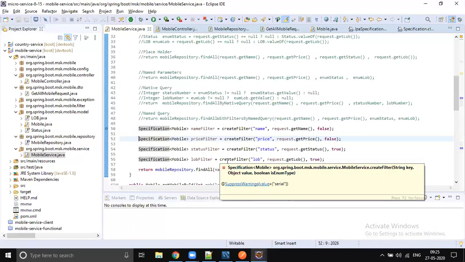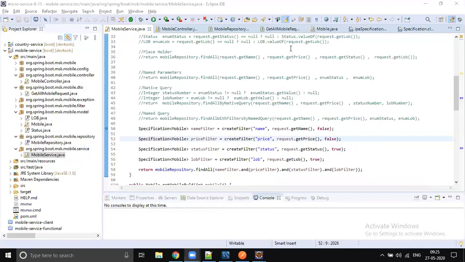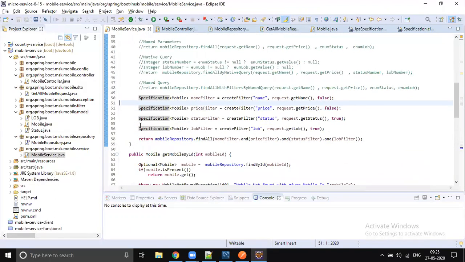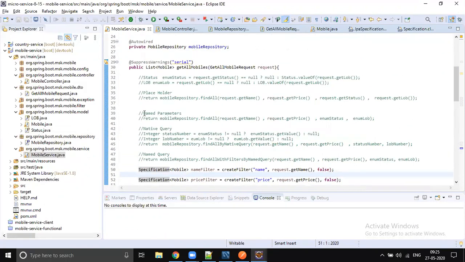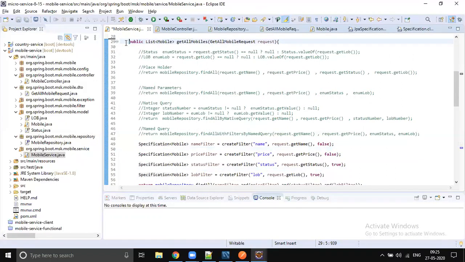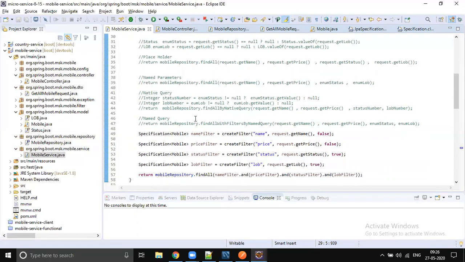Sunil, I think all these will be used in the microservices concept, because in our real-time applications I don't think we can use it. Wherever you need filters, for example an e-commerce site, for sure it will be useful. Maybe not everyone gets the chance to implement all these things, but if you want to be a master in Spring Boot, microservices, Data JPA, you must know all these things.